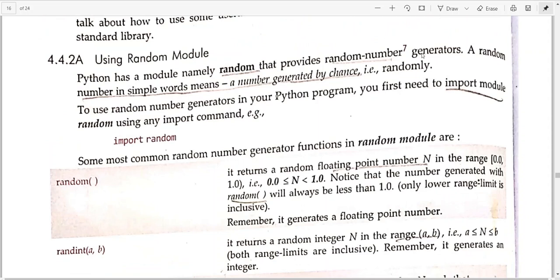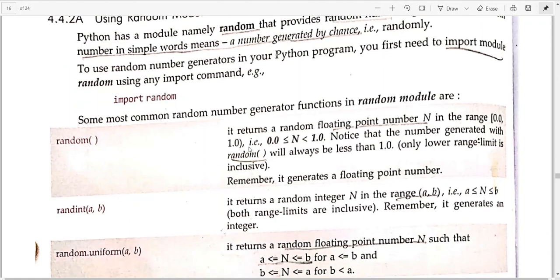Okay, by means of this we can generate random numbers, and that generation of random numbers is very useful in some cases, like if you are in need of generating random outputs, then you can use it. If you are playing a game, that time you need random numbers to be generated. Okay, if you want to take out a lucky draw, then you should pick out random valid entries from a given number range. Okay, so we can use this random number for various purposes. Random number generator actually.